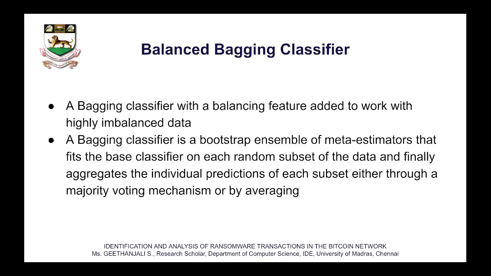And the third classifier is the balanced bagging classifier. This is very good to work with highly imbalanced data, as in our case, and this again makes use of the bagging technique, where it's going to build multiple classifiers, and each of these is going to be made up of a randomly sampled subset of the data. Finally, majority voting is applied to find the final result for classifying a particular data point.